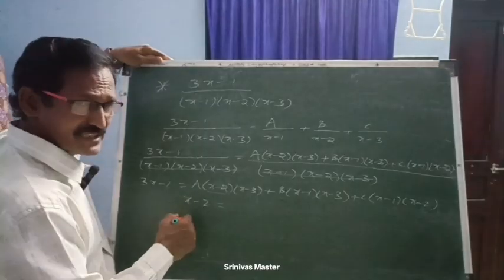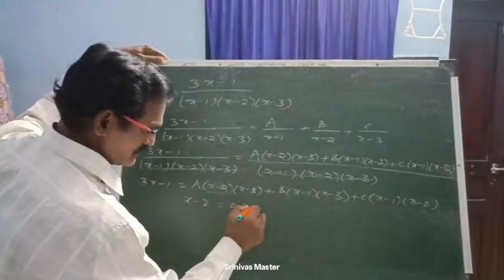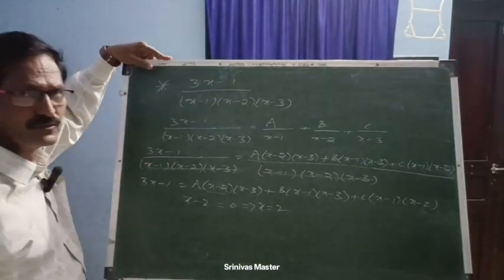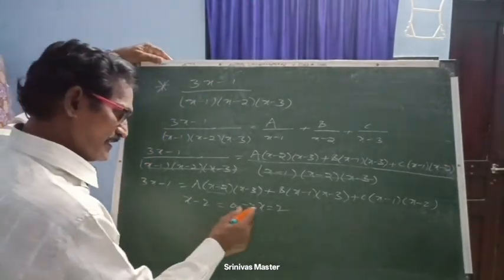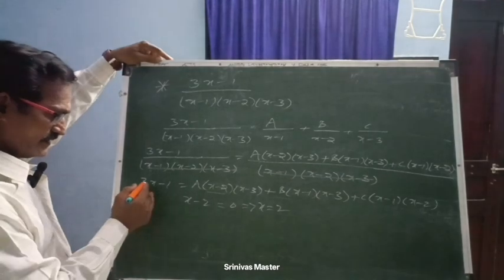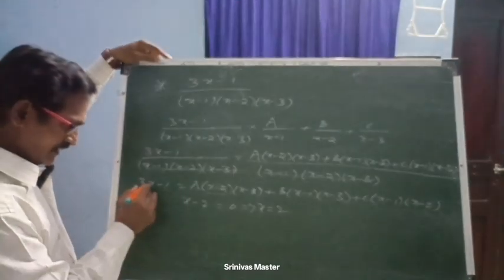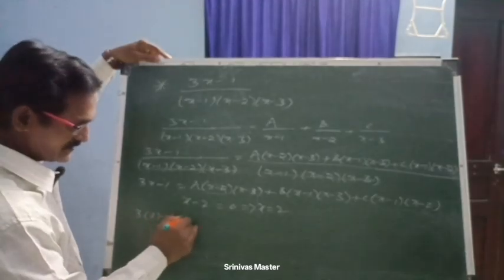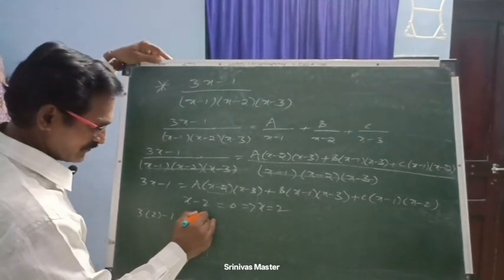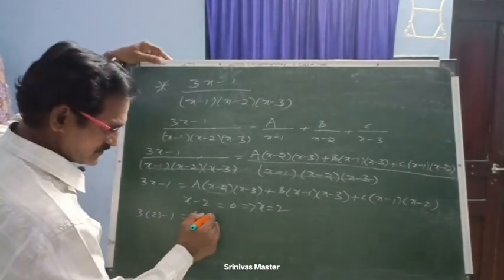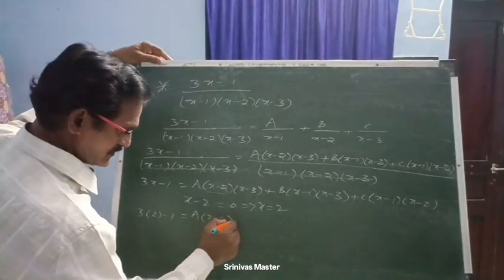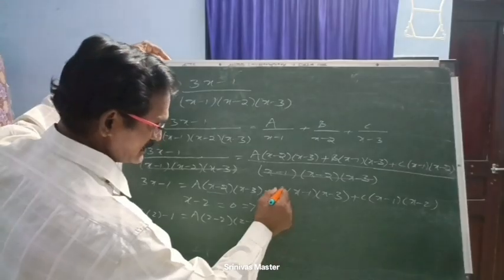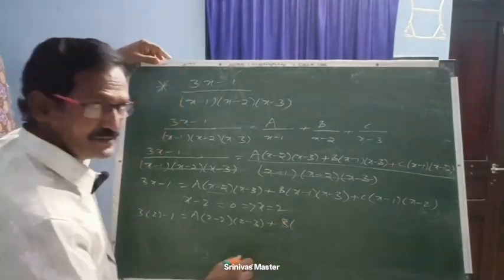Before, I told you the same concept. x minus 2 equal to 0 means x equal to how much? x equal to 2. So wherever x is there, in that place you can write 2. Okay? That means 3x minus 1, that means 3 into 2 minus 1, equal to a into x minus 2, x is 2, no? That means 2 minus 2 into 2 minus 3